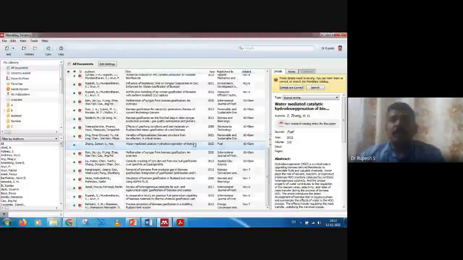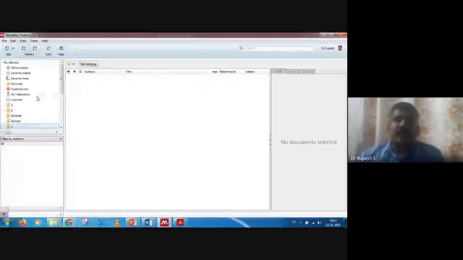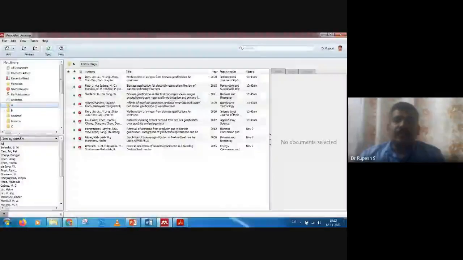Now we will access the cloud storage of this particular folder, C, A, B, biodiesel, biomass, all these folders, and these articles you can access. Everything is stored in the cloud, and we can access the cloud by using the Mendeley web library. So how to view the Mendeley web library? You have to navigate to